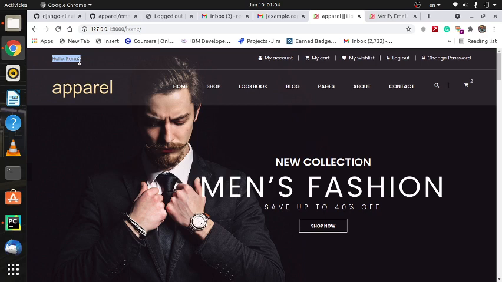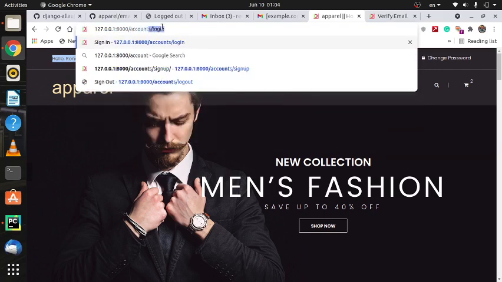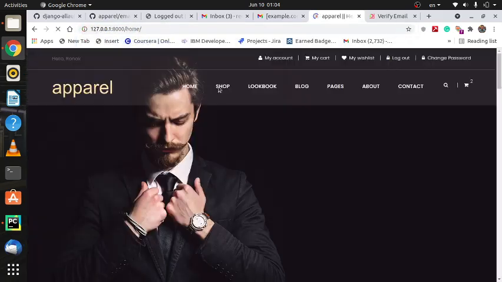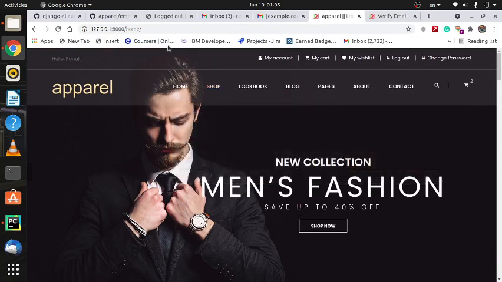But now what we need to do is, we can log out or log in. That is also part of the authentication process. First of all, we are logged in. If I try to go to the login page, I can't reach this page. I can access the login page only if I have not logged in. So I am redirected to the home page because I have already logged in.